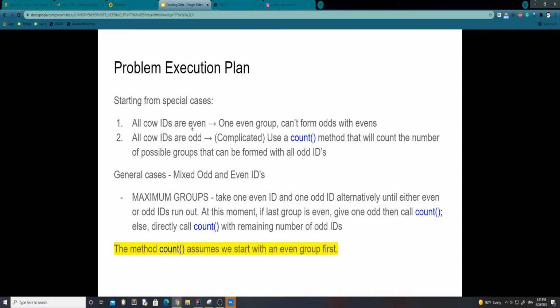Based on just simple math, we know that when we add two evens together, we cannot form any odds. So if all the cow IDs that we read in are even, we can only form all of them into one even group, because we cannot form any odds with even numbers. And second, if all the cow IDs are odd, then we can use